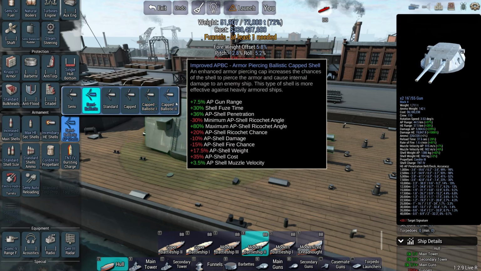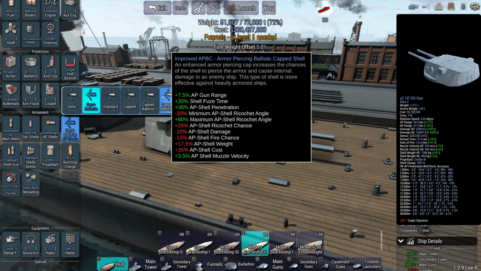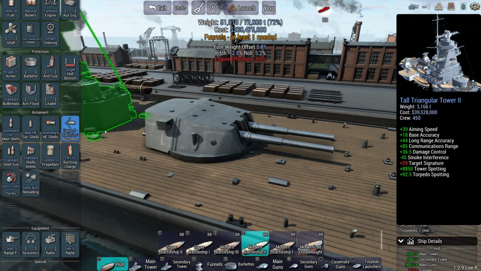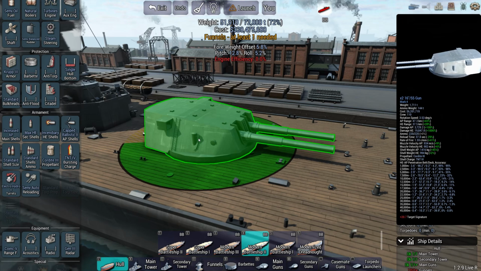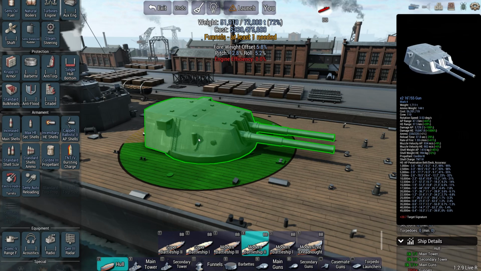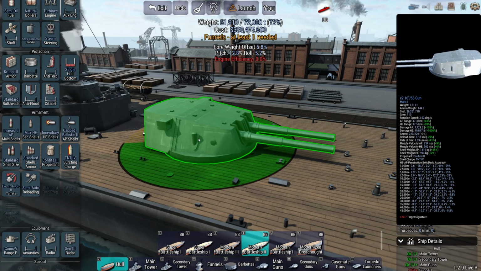They're kind of your medium options, and then you have your high pen cap ballistics. Now, some people don't like them because they are quite likely to ricochet. However, I nearly always go with these, because you're building AP guns to pen. Now, if we look at our pen, we are up to 36.7 inch, which is more than our magic number